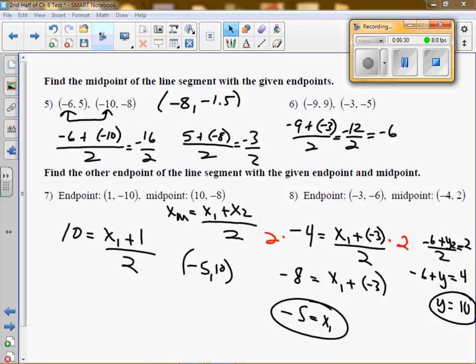I got a question about midpoint. That's the midpoint formula. I'm going to call